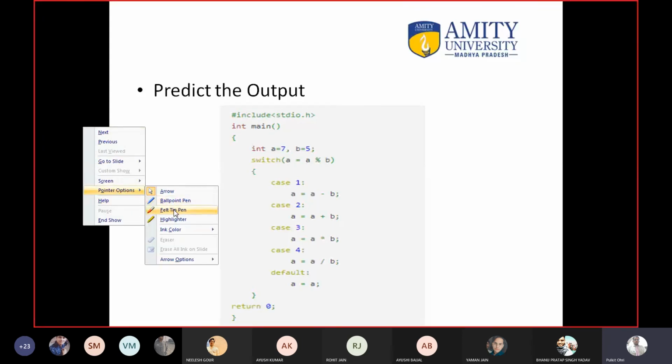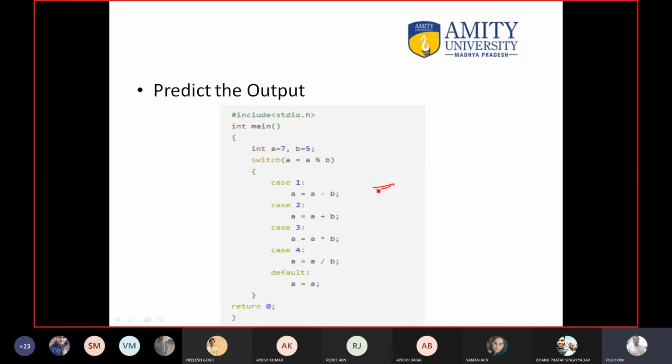All right, let us discuss it. So the values are, I think, 7, 35 and 7, right? Here a equal to a modulus b means when you divide 7 by 5, it is integer division, so the remainder is 2. Yes or no? So here 2 will come. The 1 and 2 are not the same, so this case is not matched.